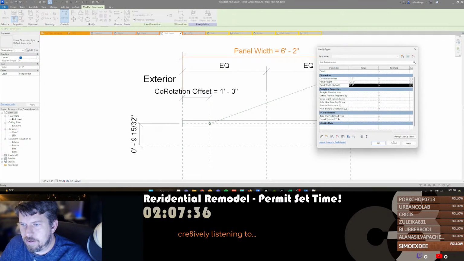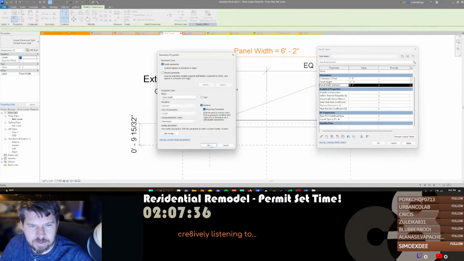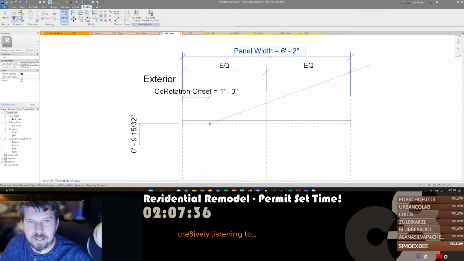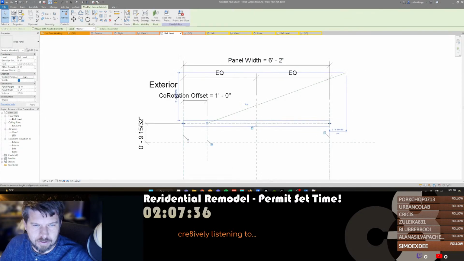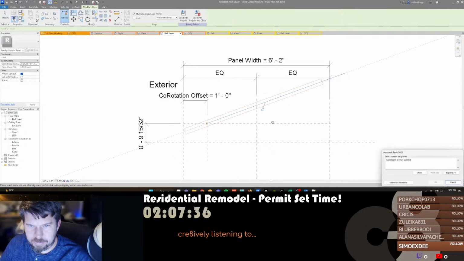Panel width. There we go. See if it'll let me do that. Hey, it let me do that. Okay, so let's unlock this. And then I'm going to see if it will let me align that there. Yep, remove constraint, and then that. And then we want to make sure that